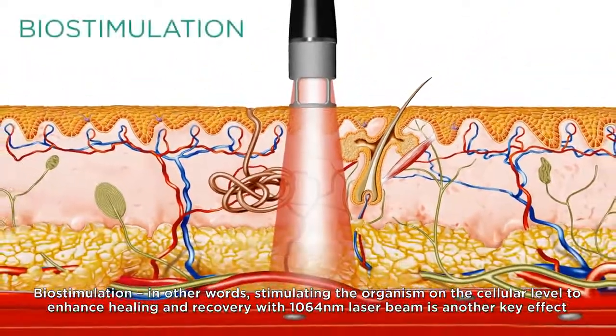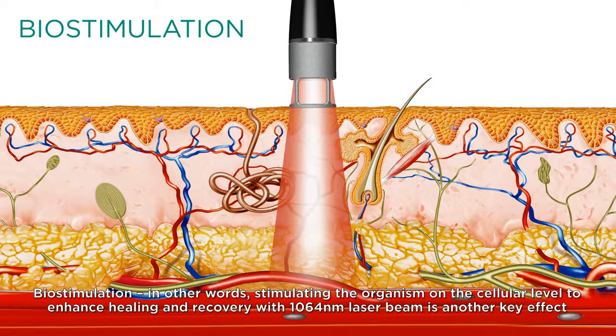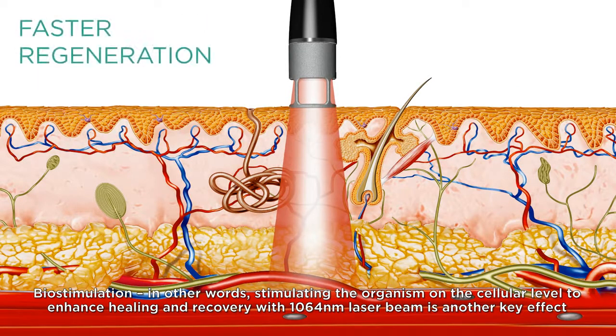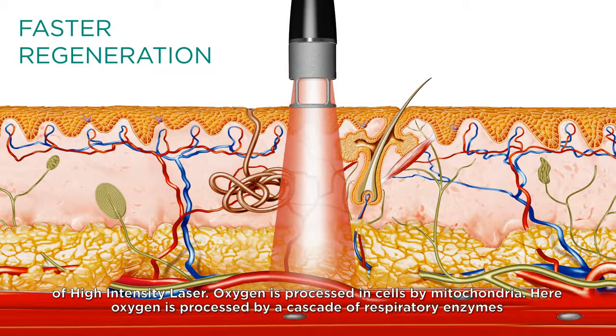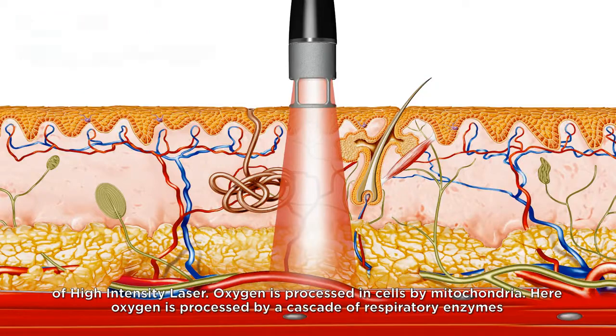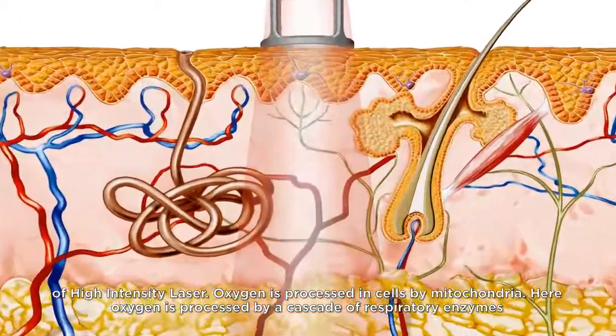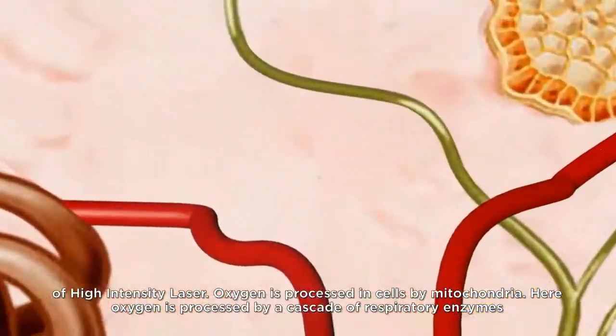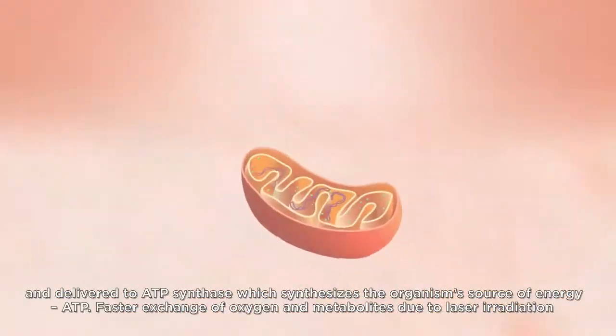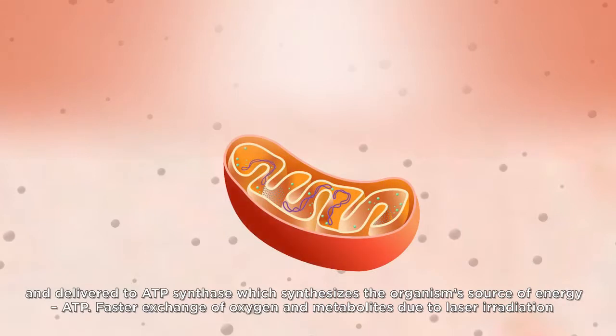Biostimulation, in other words, stimulating the organism on the cellular level to enhance healing and recovery with a 1064 nanometer laser beam, is another key effect of the high-intensity laser. Oxygen is processed in cells by mitochondria. Here, oxygen is processed by a cascade of respiratory enzymes and delivered to ATP synthase, which synthesizes the organism's source